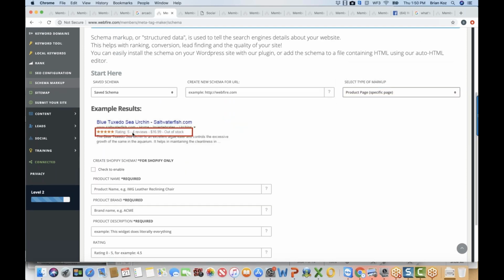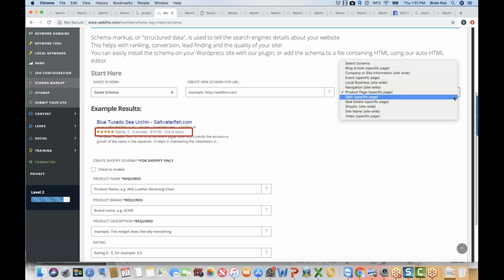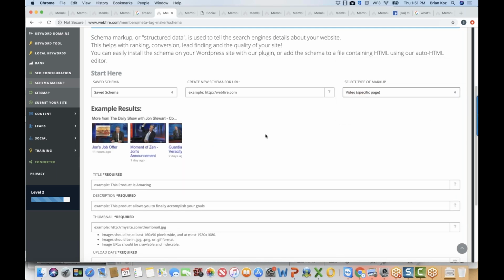If you sell a product, you can have the stars and stuff, like the ratings. That's all done through the use of a schema. The price points, you can add those in. That's all done through the use of a schema. There's even stuff for real estate and for videos and all sorts of things like that. If you want to have it show up like that, I mean, all sorts of different kinds of schemas, and you can have multiple different kinds of schemas on sites to really start to take advantage of all this stuff and get easy rankings and look much, much, much better. And you can definitely use these on all of your sites, but also this is a service that, again, you could sell for hundreds of thousands of dollars, and a lot of people, again, would consider that cheap.